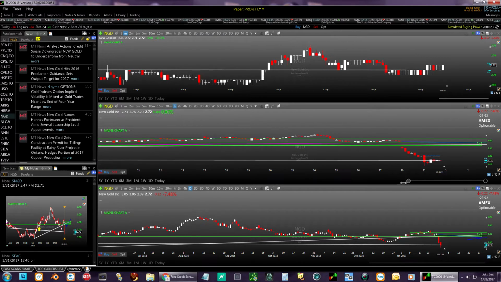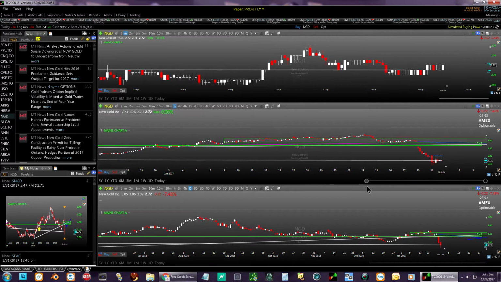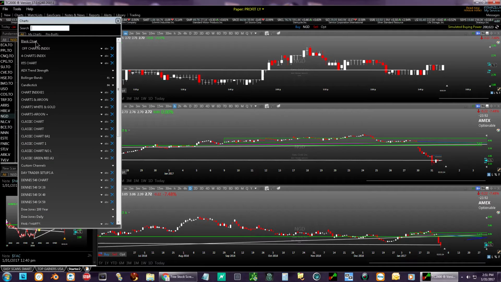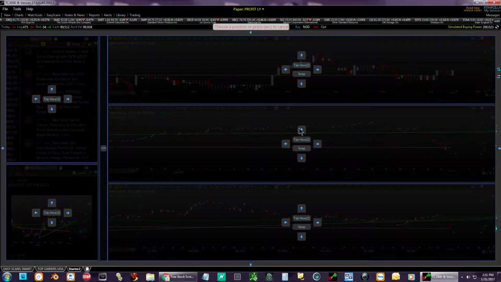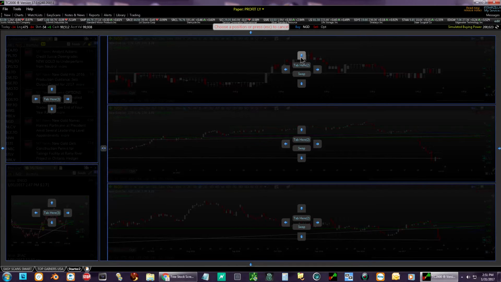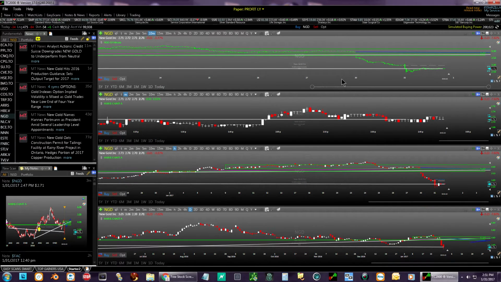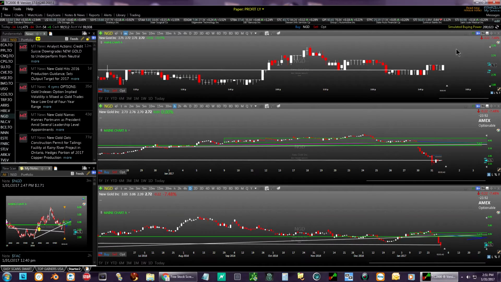So it's up to you. You can add a chart, remove a chart, whatever you want to do. And just adding it, you're just going to go up, put it here, automatically adjust it the way you want. I'll just show you this quick. It's going to go up, add any chart, put it right here, and it's automatically going to adjust it. See what I'm saying? So you pretty much can do what you want with it. It doesn't matter. Like I said, move it, delete it. So it's up to you. But give you guys a layout, run with it, have a good time, mess around with the scans,